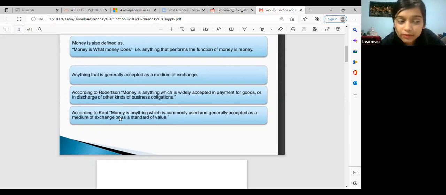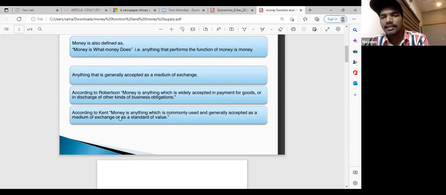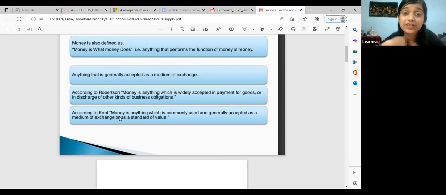In this sentence, while writing, if I miss some small word in the definition, you have to write it exactly. Why? Because that is according to some person, right? You cannot change the word. For example, I told you that according to me, the apple is sweet, but somewhere you wrote sweet and sour, so that is totally different, right? You cannot miss out or add something.